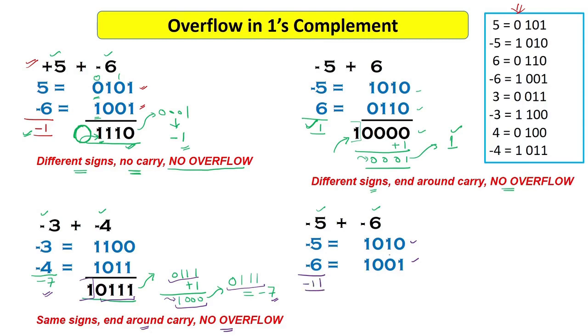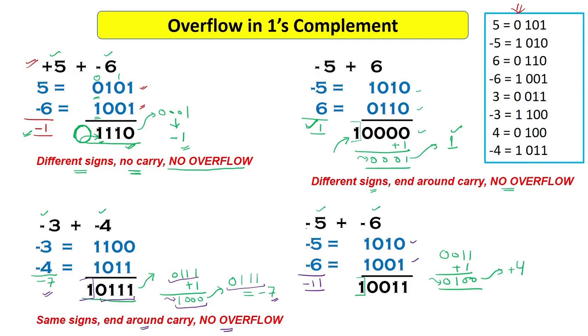Okay, so now let's add these numbers also. So I will get 1 0 0 1 1. Okay, now again this is the end around carry, so I have to add this end around carry, and I will get this answer. Okay, and this is a positive answer because last bit is actually 0. So this is actually 4. Okay, or you can say this is a positive 4. Now here we have got the overflow.